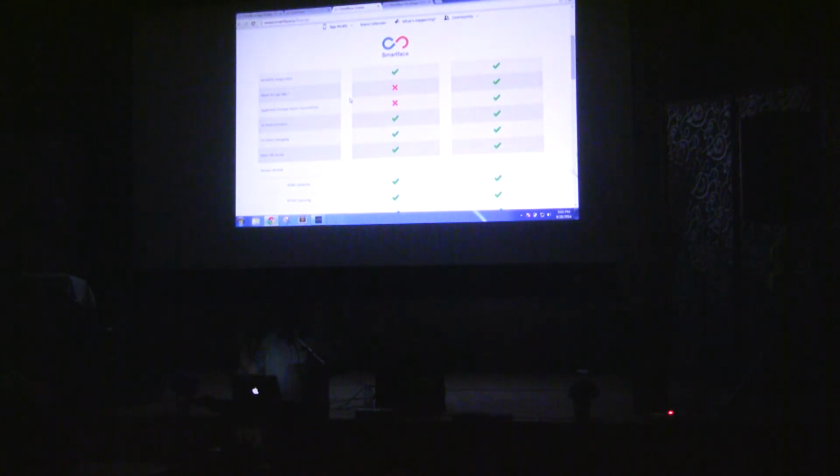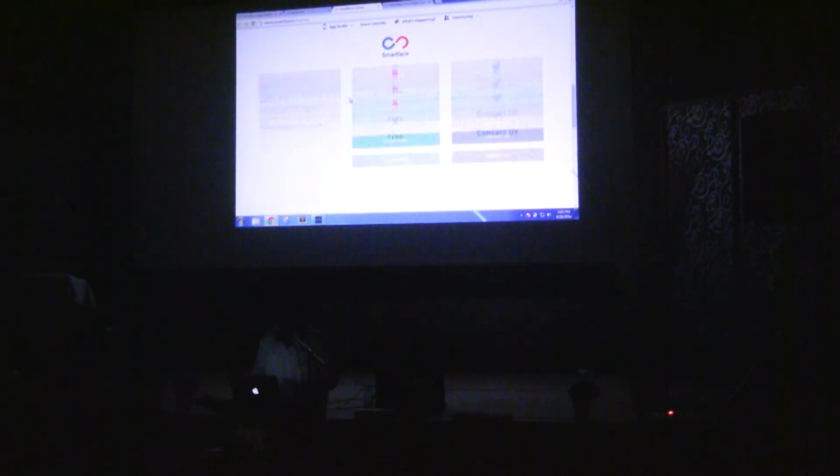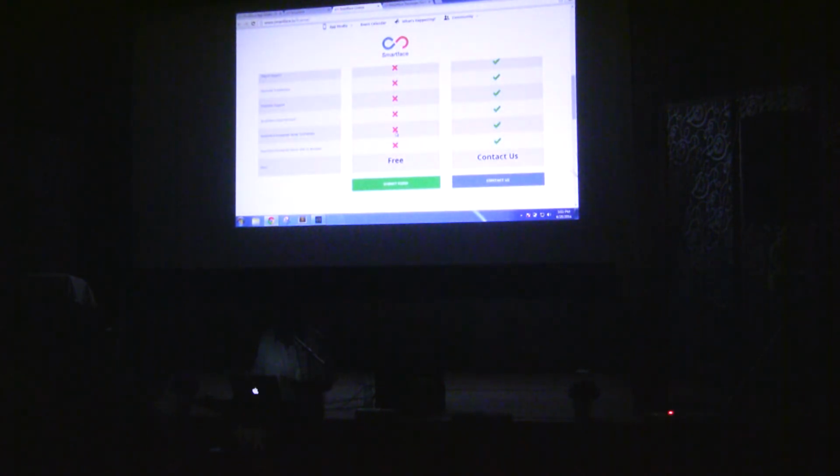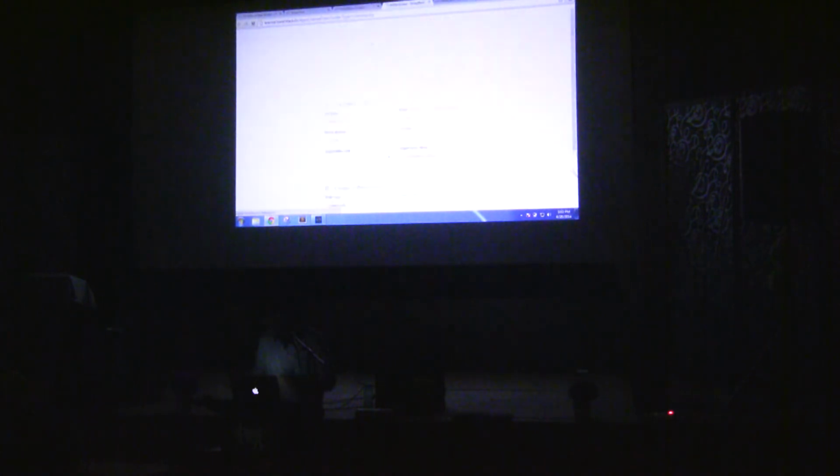There's no split screen restriction like other tools, and also your application package name will start with io.smartface.yourappname, which is only shown on the desktop browser sites, which the end user never sees in the App Store or Google Play, as you know, and all the other stuff is free. Here you can see the cloud services and financial transaction restrictions, which does not depend on your app production. Just free. Just click on submit form and get your license.